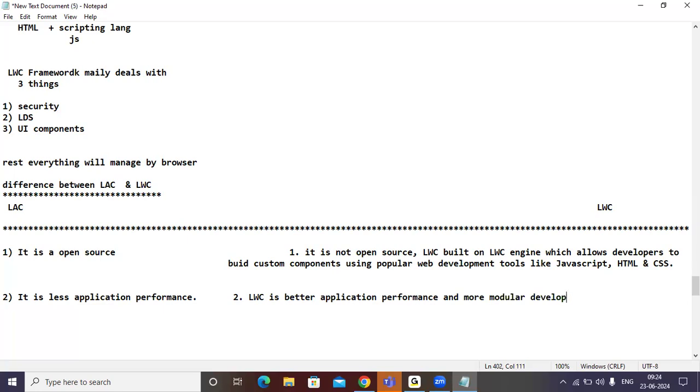What is the meaning of modular development? Modular means division of code. Dividing the code into different parts can be called a module.